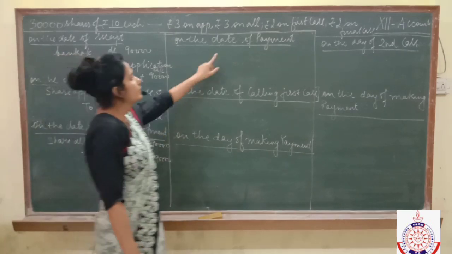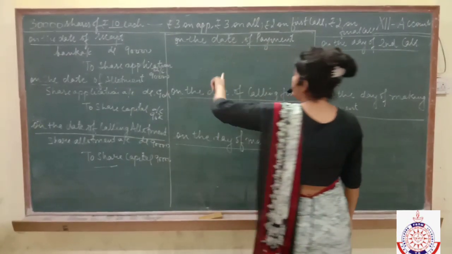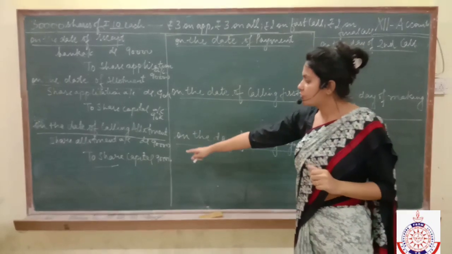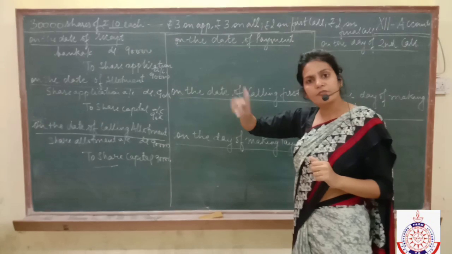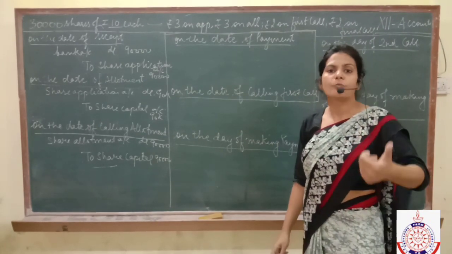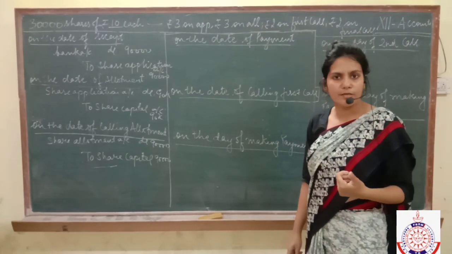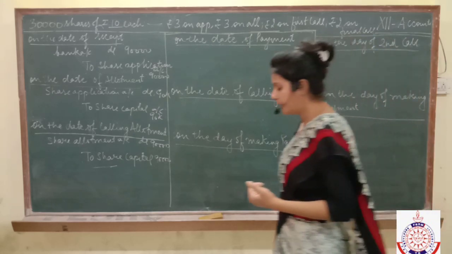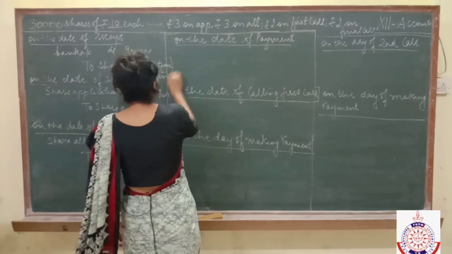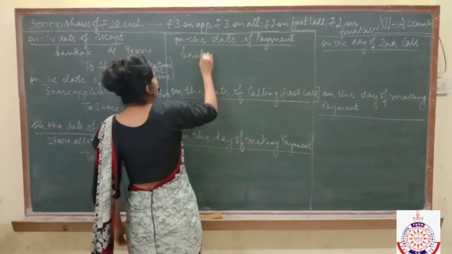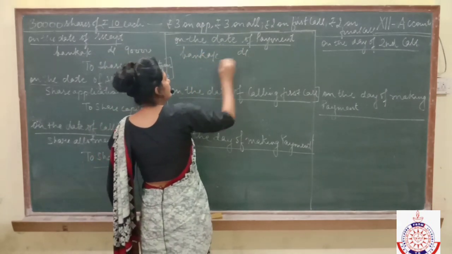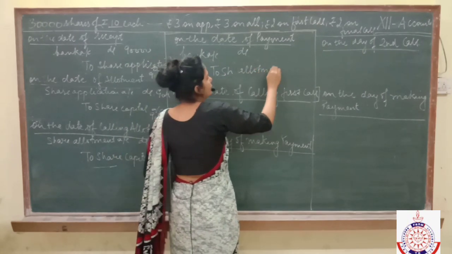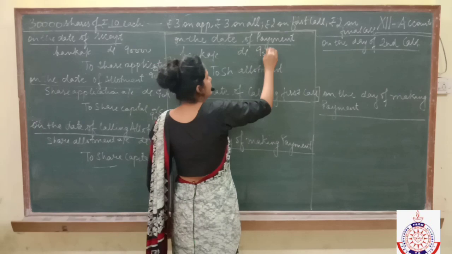Now the shareholders will make payment to you on the date which you have given, which should be 14 days after the date on which you have informed your shareholders to make you the payment. Now after 14 days, the shareholders will give you the money. So what entry will you pass? You will pass the entry: bank account debited to share allotment 90,000.